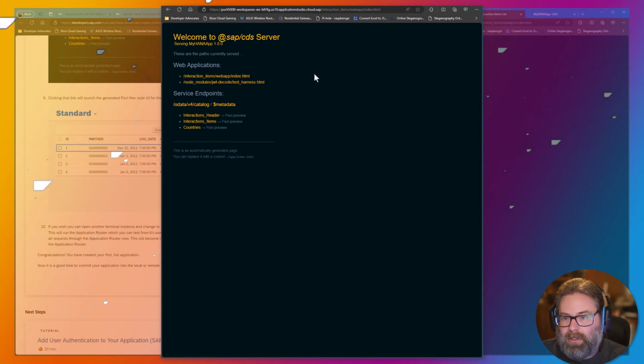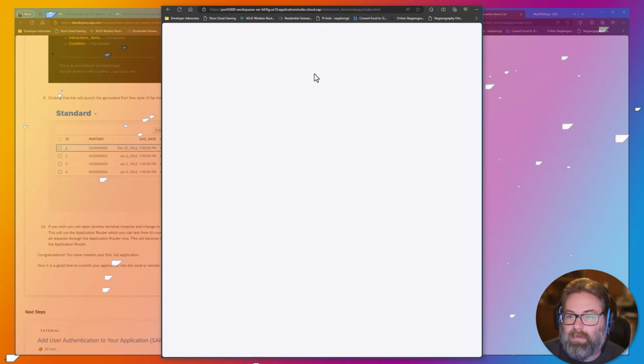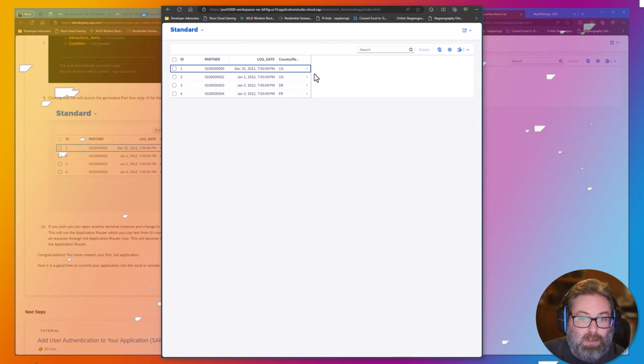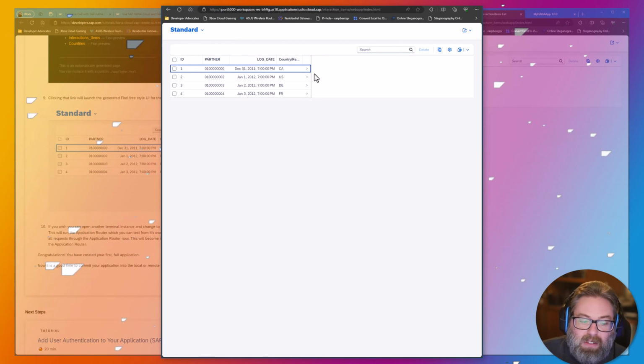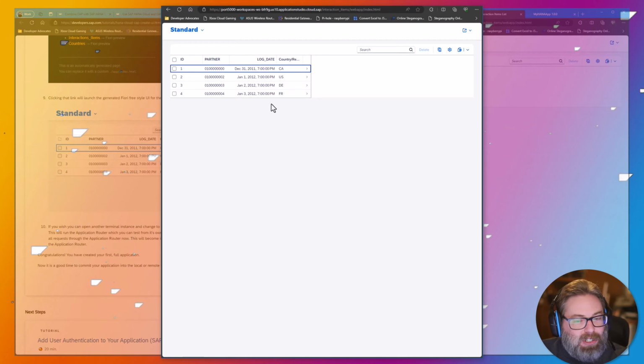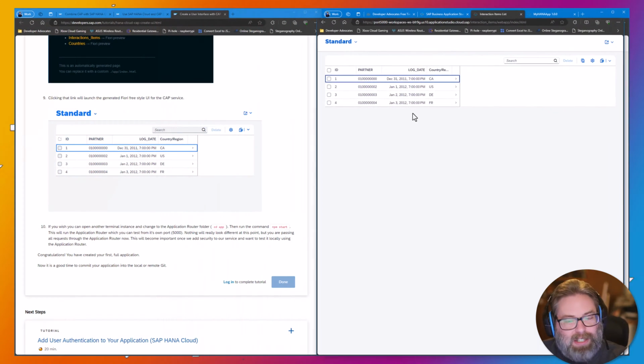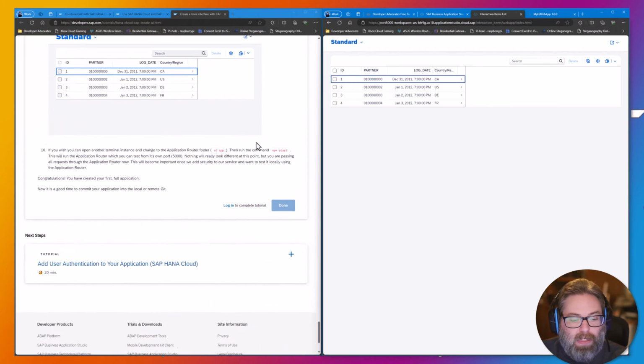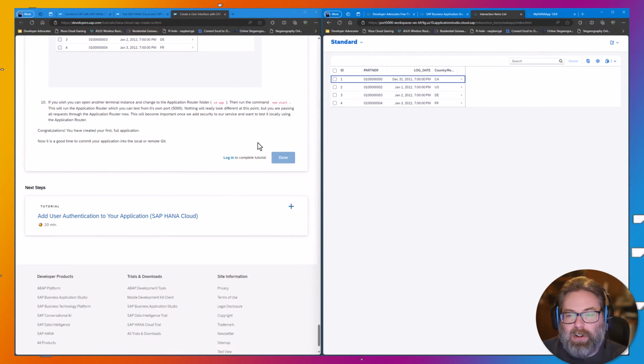If I come here to the UI, I'm going to see the same UI, but now it is being served out by the application router. And as I said, no real visible difference to you at this point, but in the next tutorial, we are going to add user authentication to our application. You're going to see exactly why we set up the application router, because it's going to be critical to how that works.